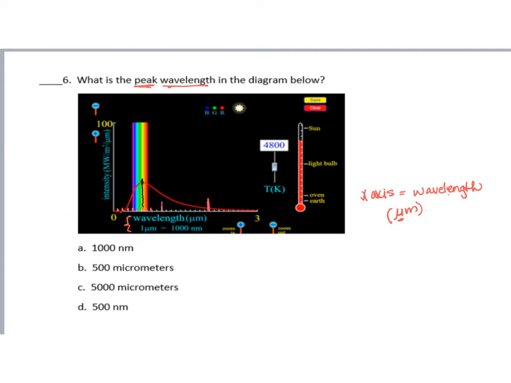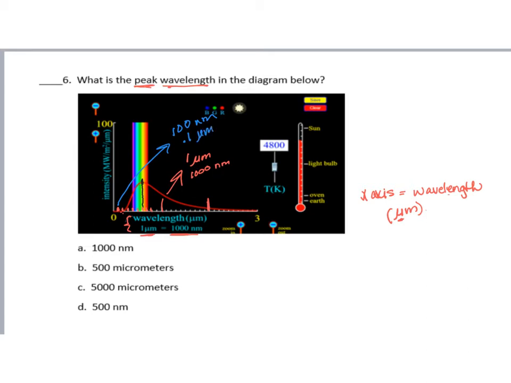is 1 micrometer, and down here it tells you that 1 micrometer is equal to 1,000 nanometers. All right? So if this is true, each of these smaller increments equals 1/10 of a micrometer, or 1/10 of 1,000 nanometers, which would be 100 nanometers or 0.1